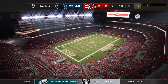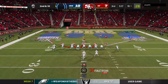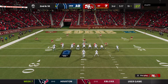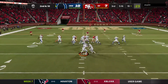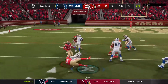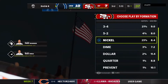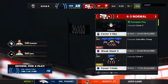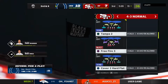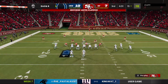We've seen these defenses make enough opportunistic plays to keep scoring. Flying around, making plays on the ball, and we see yet another as a result. On second down now, it's Hines, and he'll take this down for about 4 yards, down to the 15. That second down play call was not to pick up the first. They did to get him into a manageable third down because they had an incompletion on first down, so they were behind the sticks, so to speak. They needed to make up some ground, and they